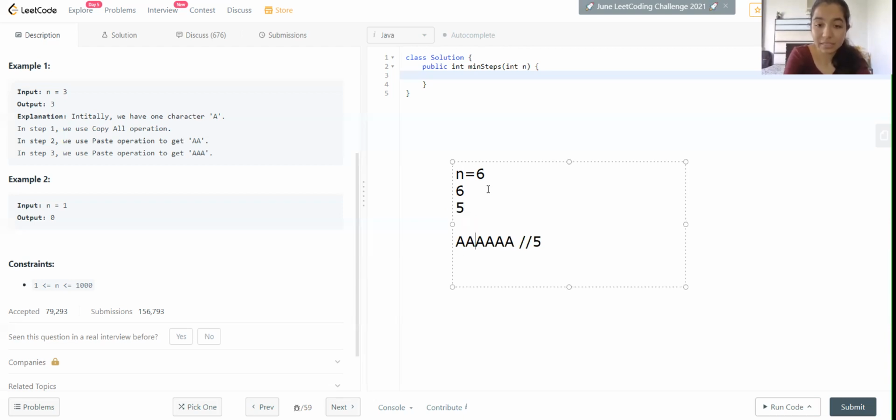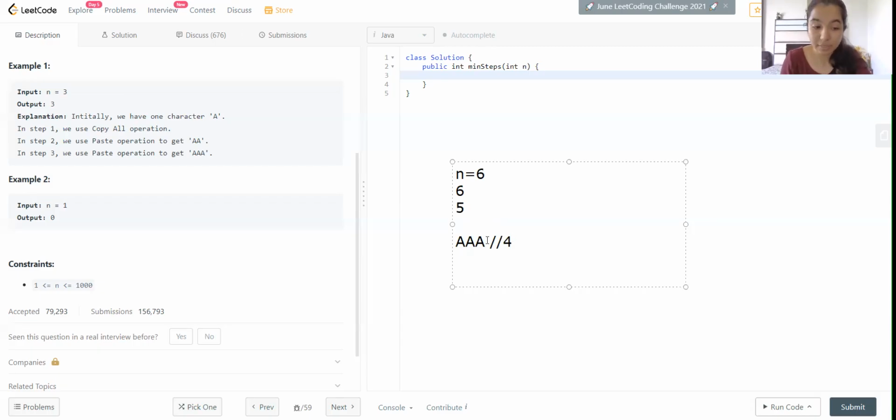After that, we have this test case wherein we have only A on the screen. We copy it and paste twice, so the number of operations becomes 3. After that, if we copy this whole thing, the number of operations becomes 4.